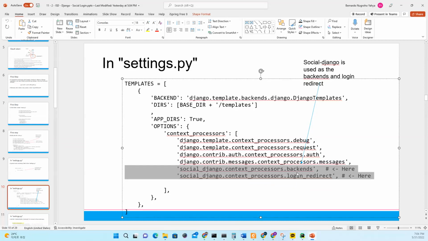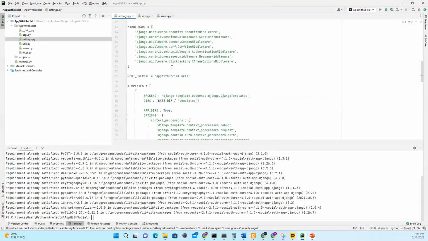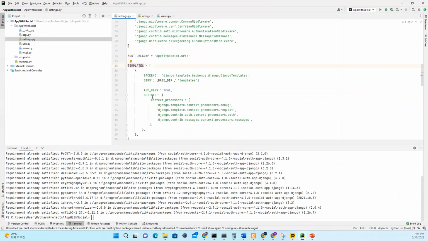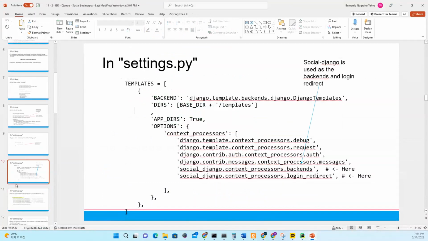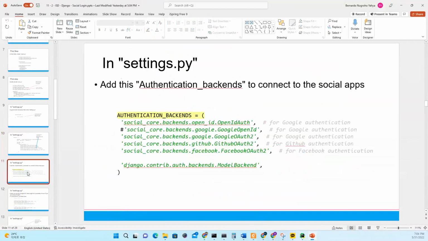So I'm going to use this social Django, and you can put it into the templates and the context processor. So in the settings.py, you can go to the templates, and then you have the context processors, and you put it here. Okay, so there will be two additional lines in the context processor. After you put the social Django, now this is the